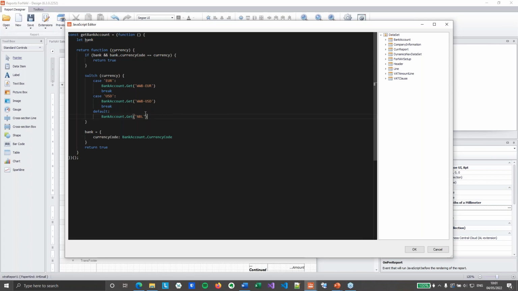So that gets the bank account. Then this function has a couple of other things. It's got a variable inside the function scope with the bank, and I use that variable. You will see that once I've got the bank account, I will assign the currency code from the bank account to this variable,